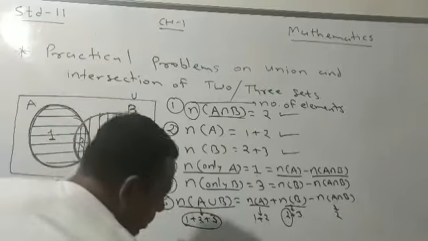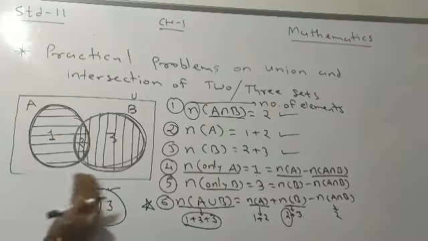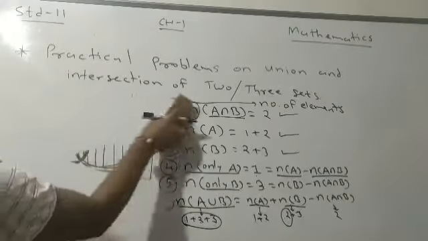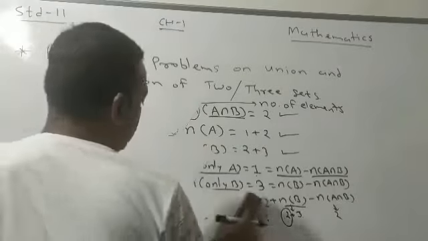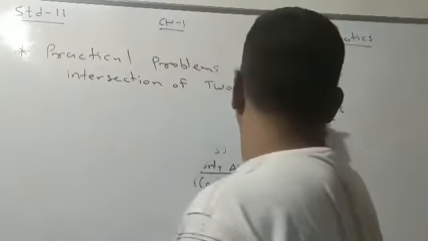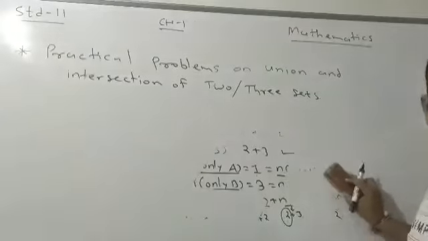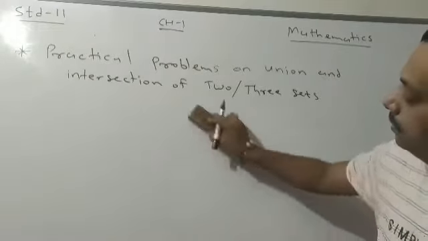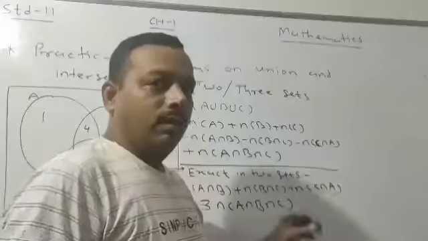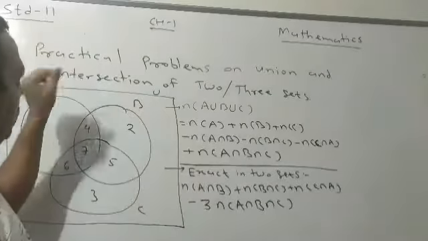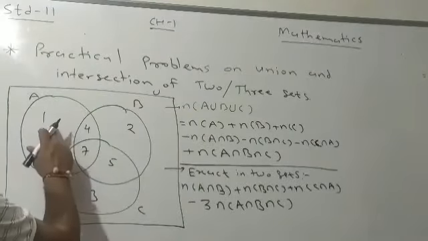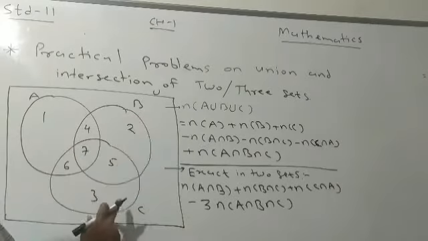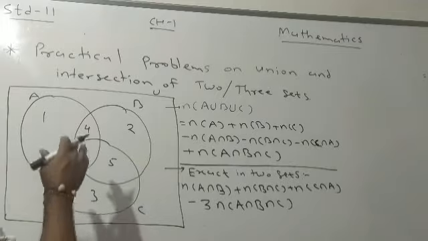Now we will derive the formula for 3 sets. Now we'll continue with the 3 sets. When we are talking about A, B, C, we will derive the formula again. Now observe that